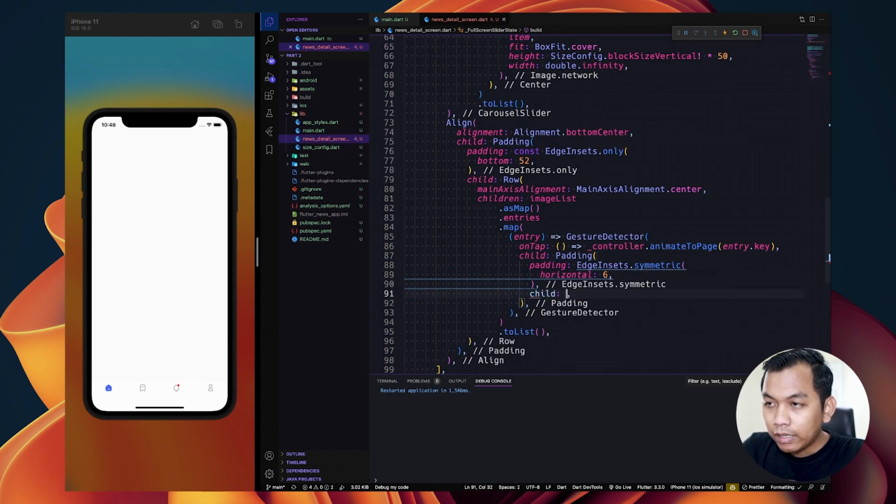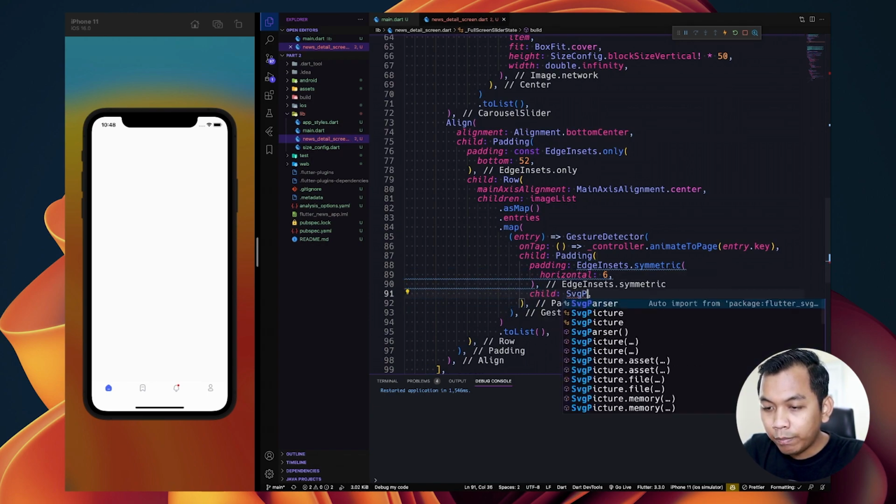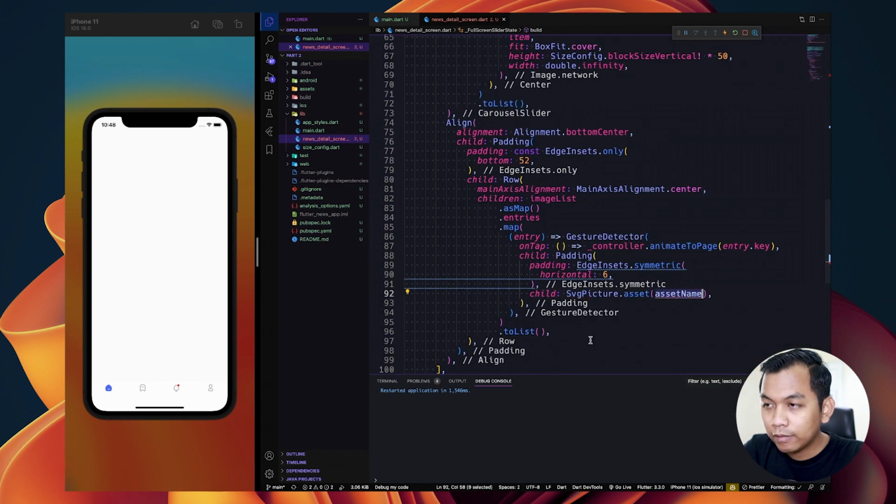And for the child, we will have SvgPicture.asset, and we will use a ternary operator here. So we will check using current.